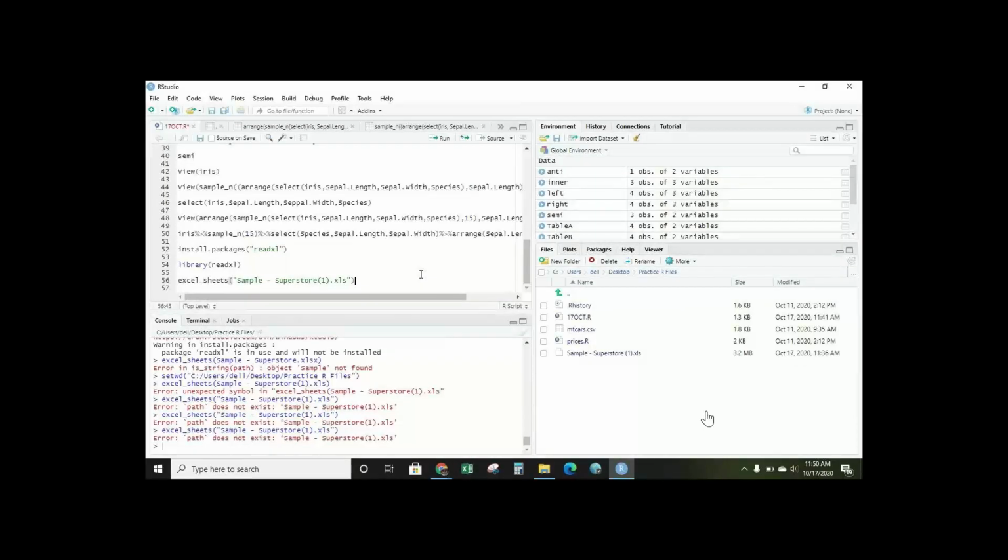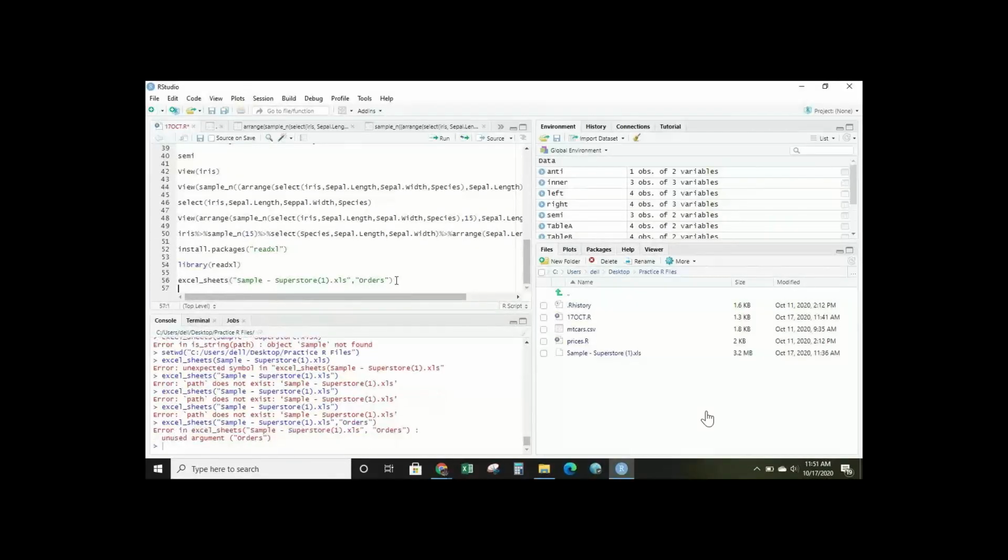You have just given the file name. Put a comma inside the bracket. First of all, you have to load the data from the orders tab. So in double quotes, write orders, and you have to save this into a variable. Come to the extreme left and save it into a variable by the name orders itself.